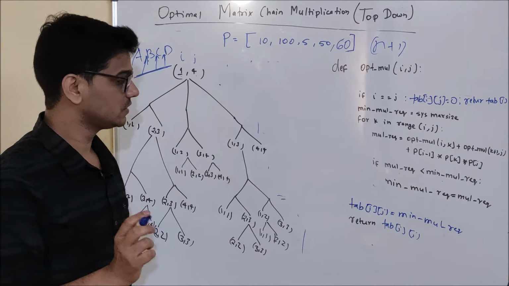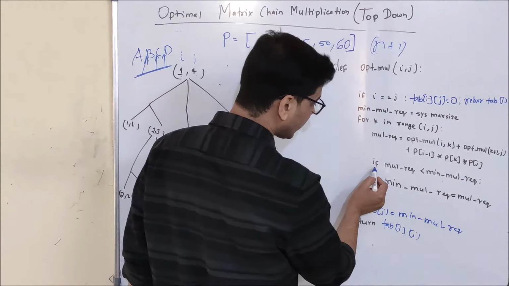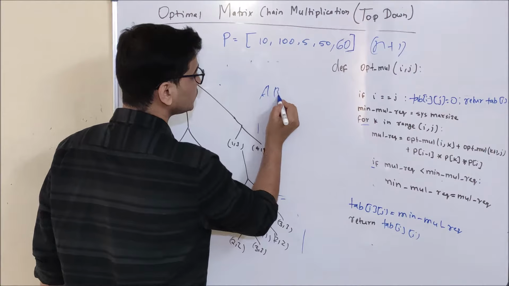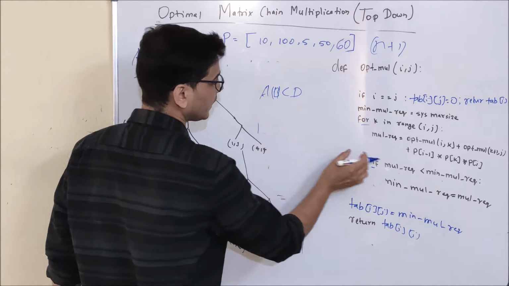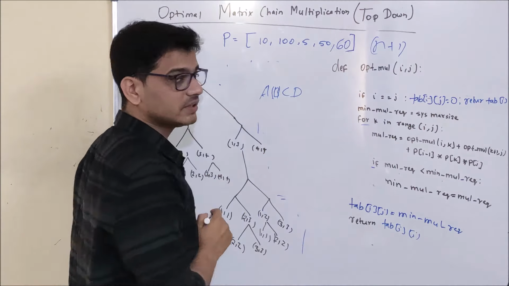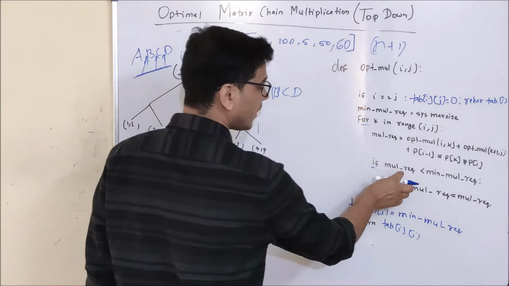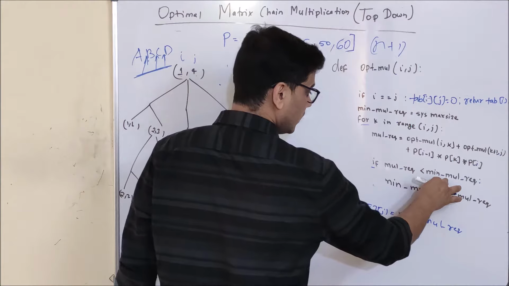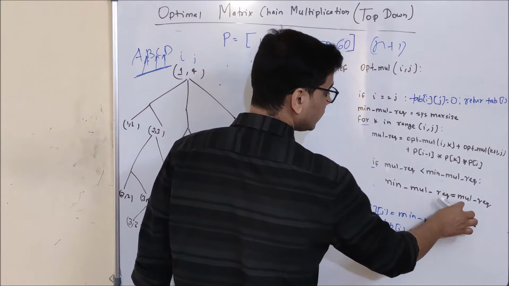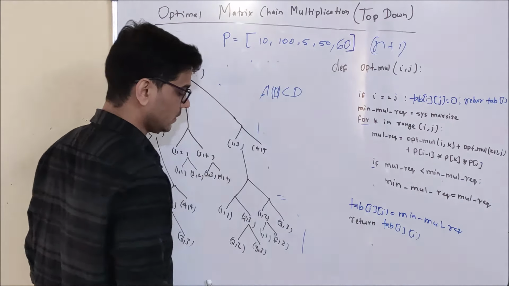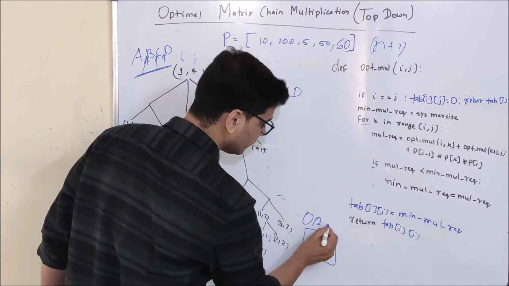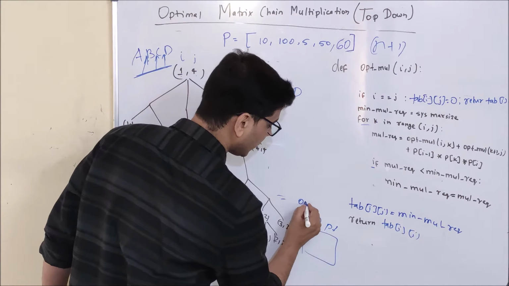I also need to make one more change. And what is that change? See, what I am doing here, in this for loop I am giving parentheses a b c d, and I am calculating the multiplication required through this particular parenthesis. And if this parenthesis gives fewer multiplications than the min multiplication required, then I am going to update min multiplication required with the multiplication required. And one more thing, now I have an optimal parenthesis table, the opt pair table.